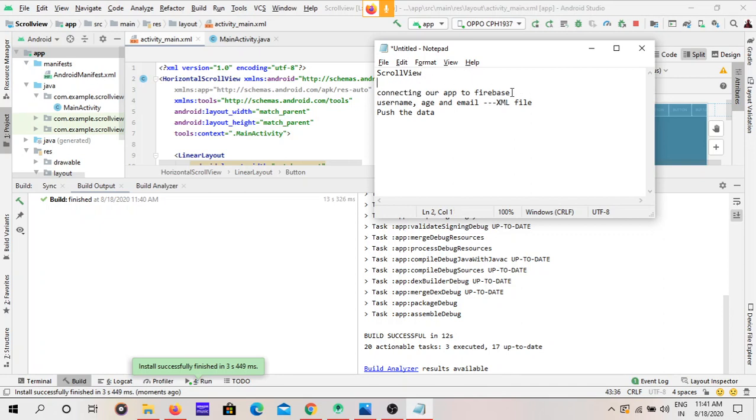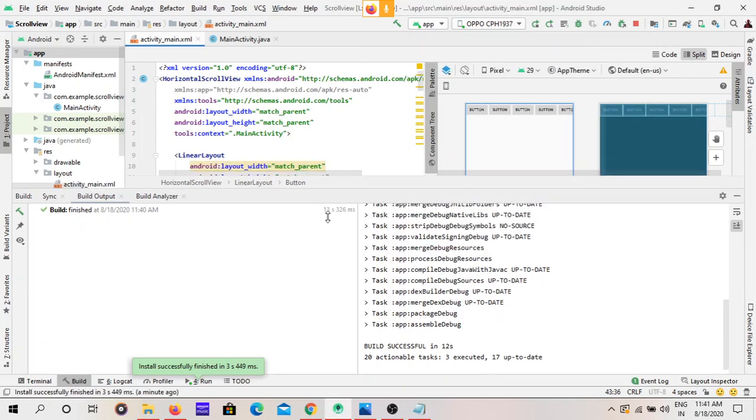Next one is connecting our app to Firebase. Why are we connecting our app to Firebase? Because we want to push our data to the Firebase real-time database. Let's get started.